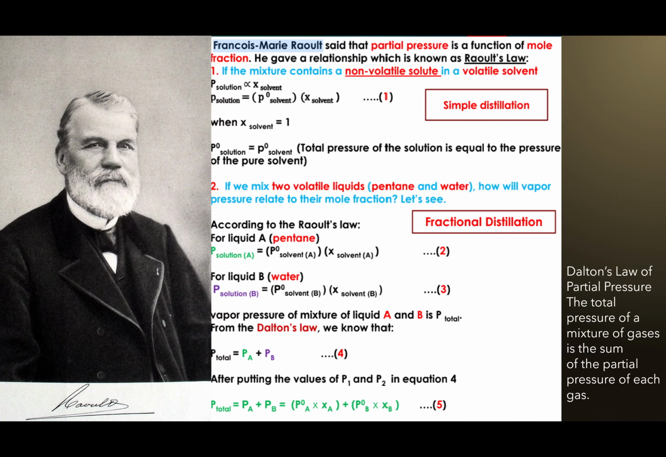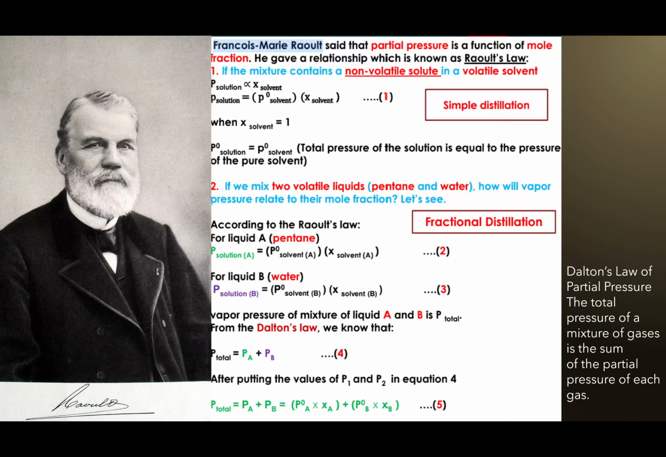Let me not take it for granted. Does everybody understand the first concept here? If we have a mixture of a volatile solvent and a non-volatile solute, meaning a solvent that can easily evaporate versus a solute that can't,